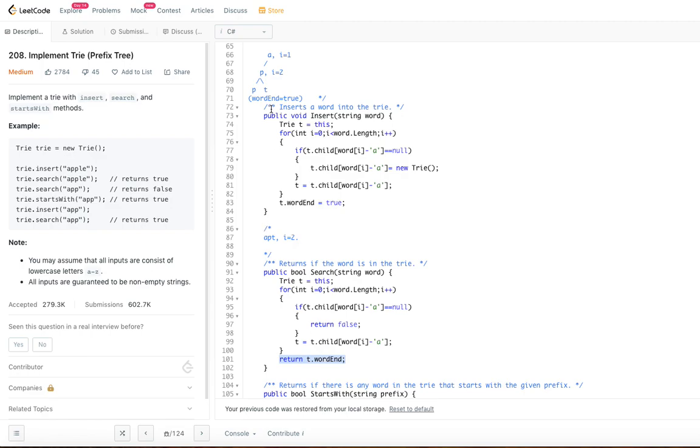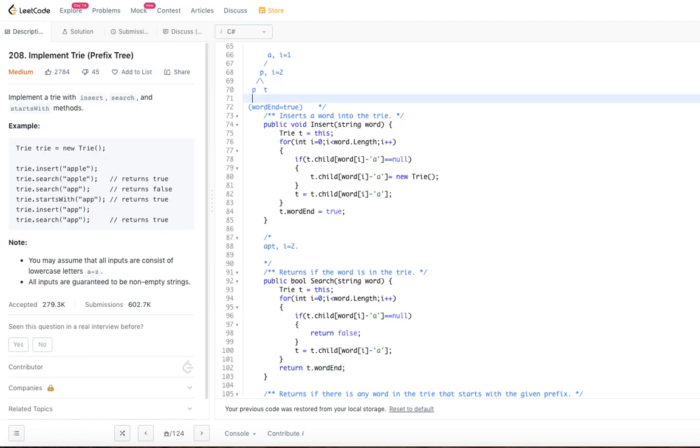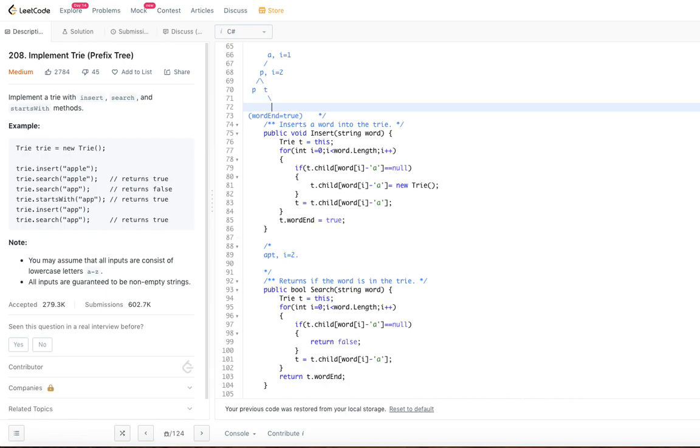Let's say there is a word called "apta", I'm just picking a word. You are searching for "apt", but there is "apta". We are marking word end to true at A, not at T. Let's say our word was "apta"; in that case, at "apt" our word end will be false.